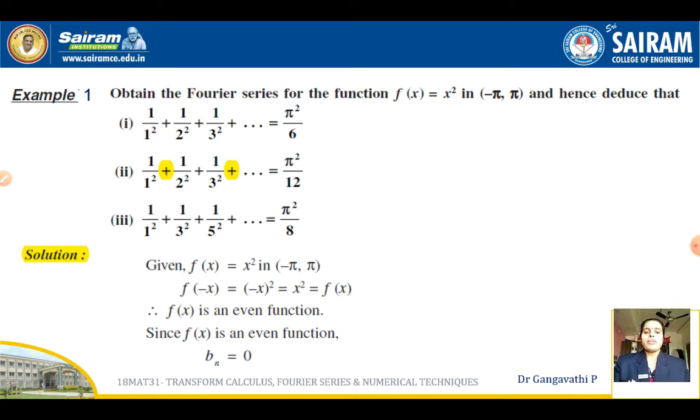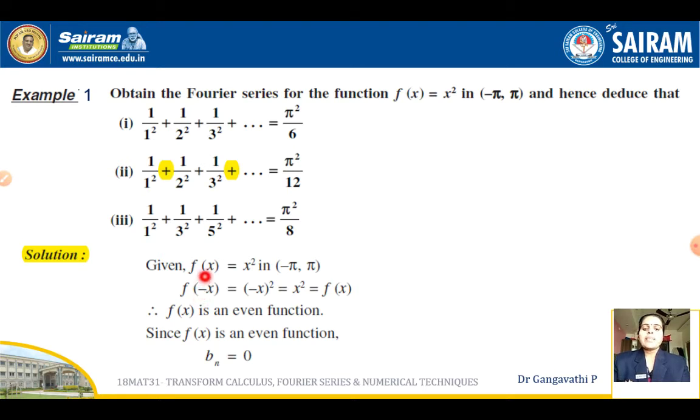So let us start working out the problem, and now let us use the concept of even and odd function. Let us see how exactly it is going to be helpful for us. Consider the given function f of x is equal to x square in the interval minus pi and pi. Let us replace x by minus x. Why should we do this? While talking about the introduction in the last class, I was telling you it is going to be helpful in reducing the length of the problem. Unnecessary calculation may be eliminated by checking once whether the function is even or odd. Hardly it may take 1 minute for us to check, but it is going to save us more than half an hour sometimes while working out the problems.